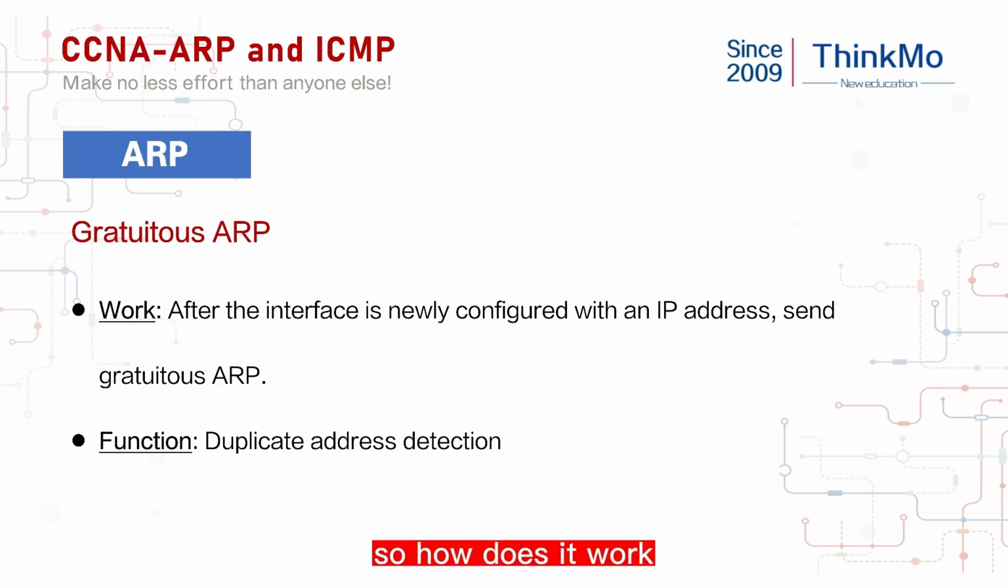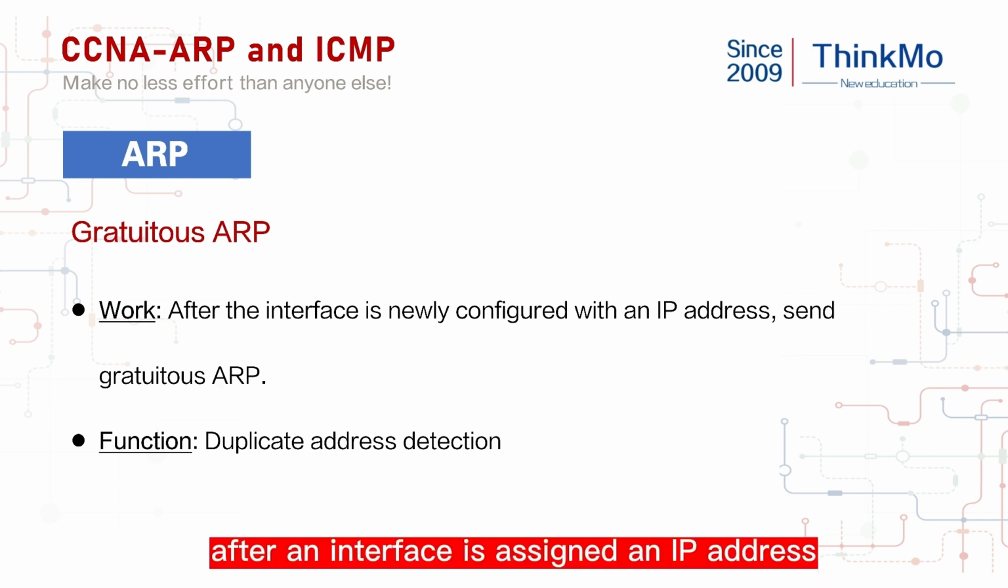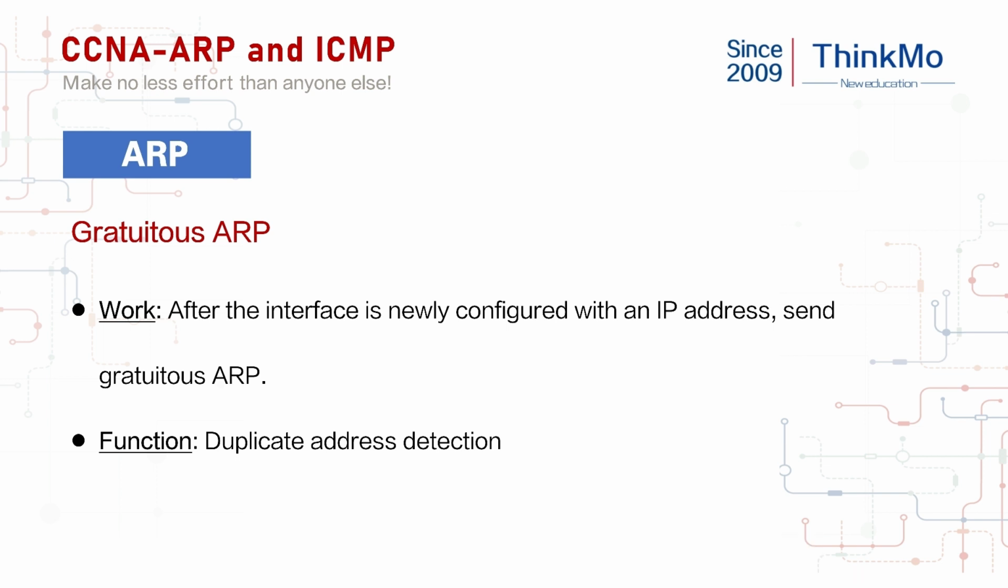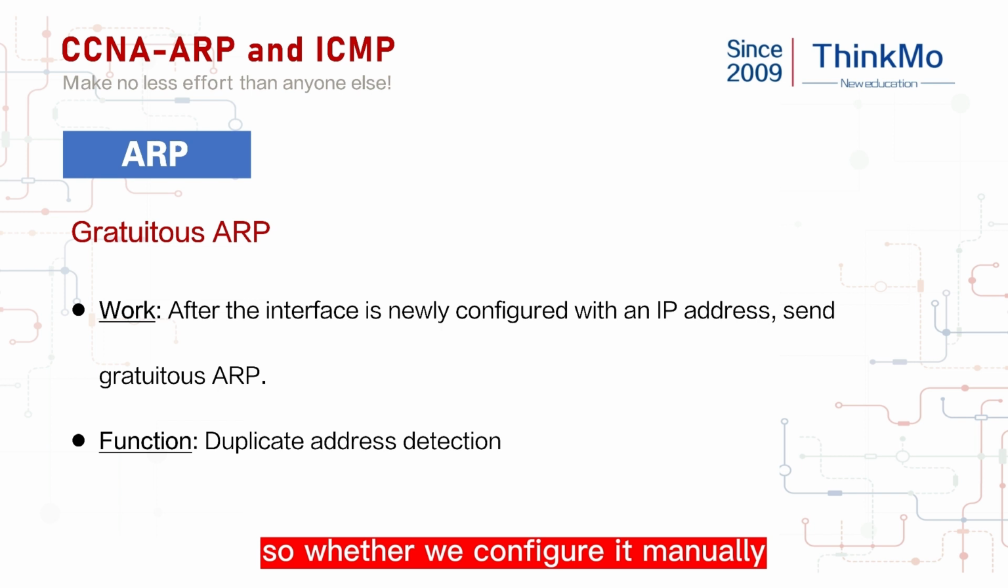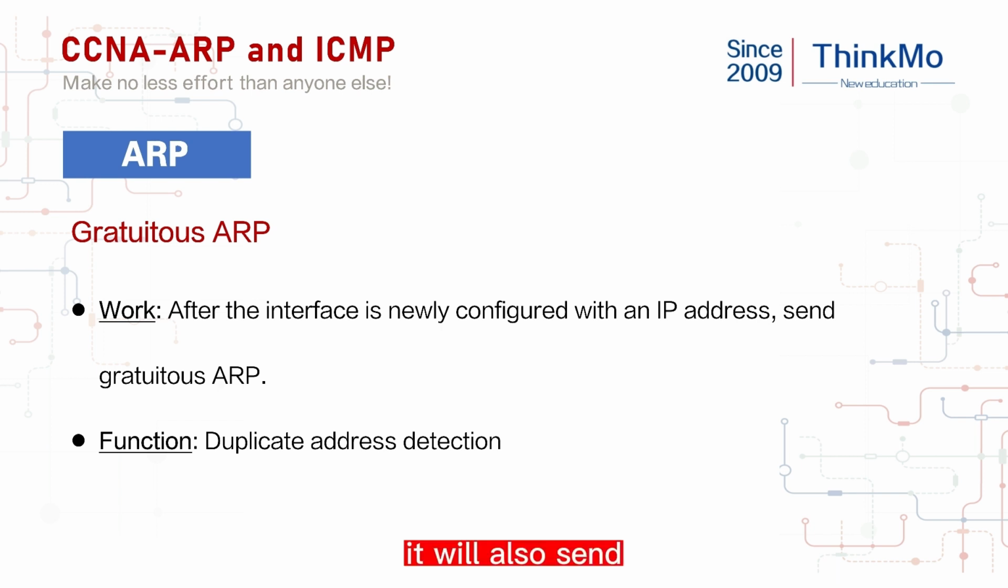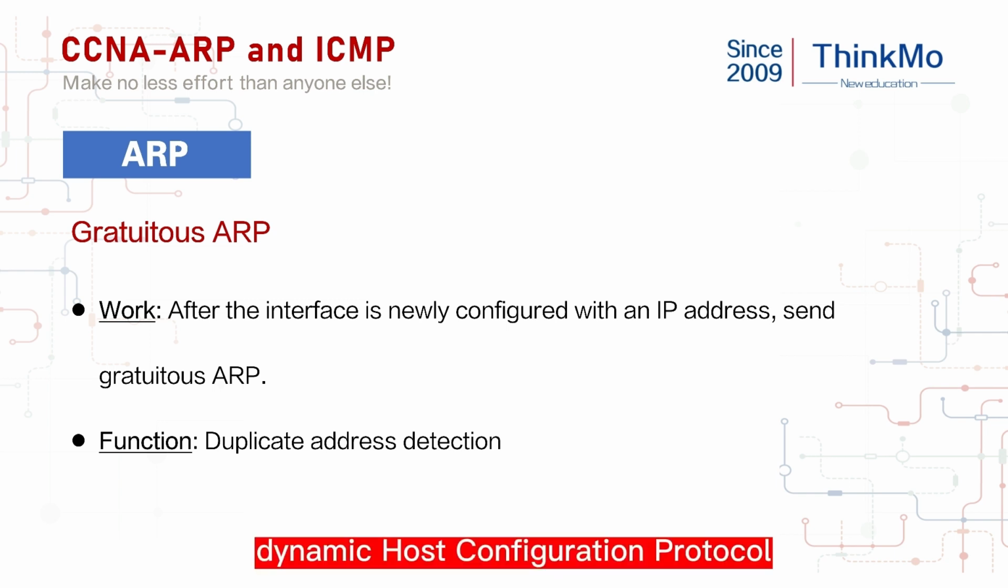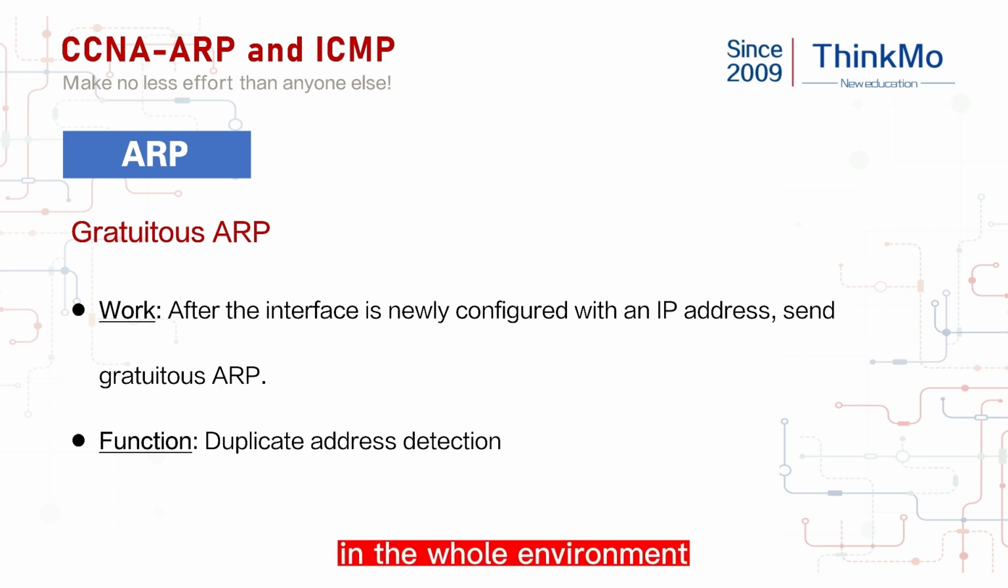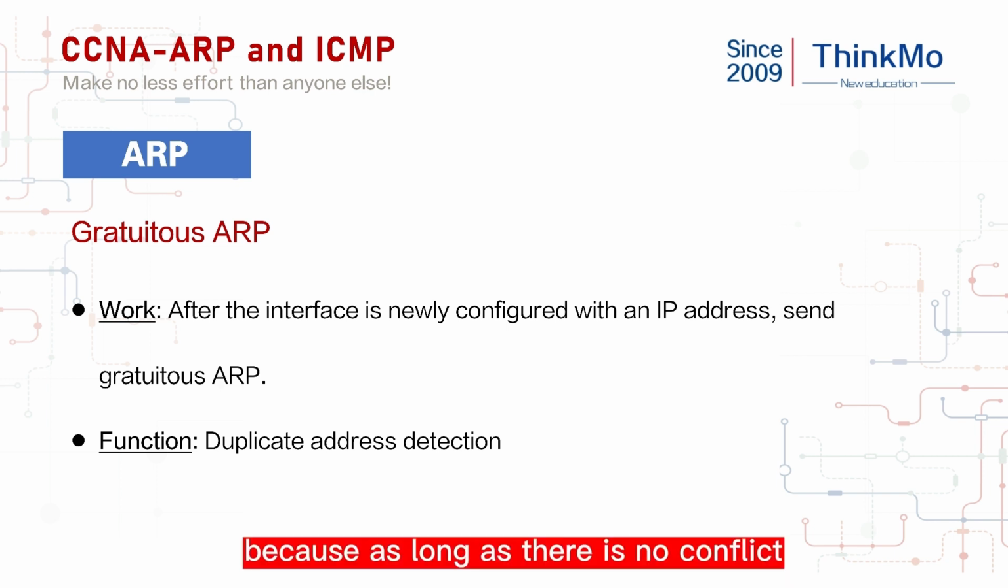So how does it work? After an interface is assigned an IP address, it sends a gratuitous ARP. Whether we configure it manually or the IP is issued automatically, it will also send. You will learn DHCP later, the Dynamic Host Configuration Protocol. In the whole environment, this IP is unique, because as long as there is no conflict,